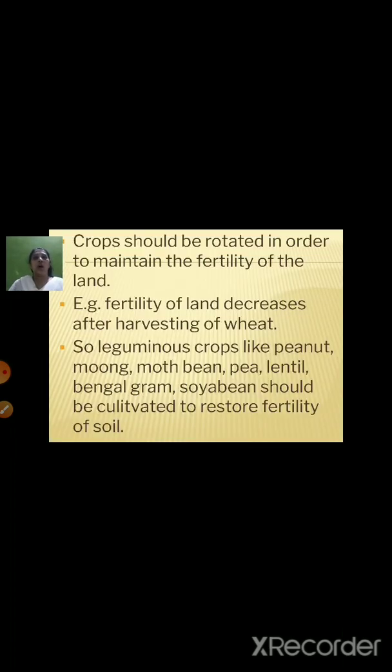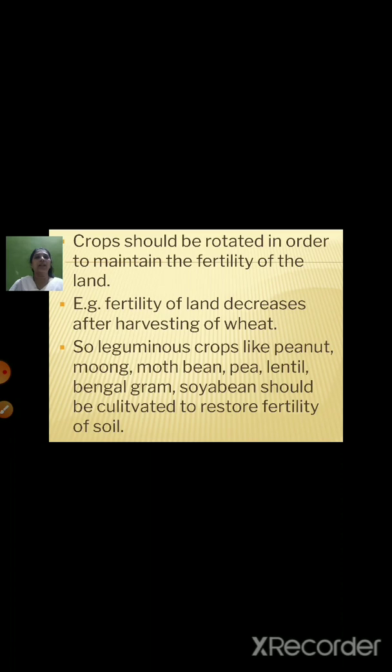So if you want to increase your soil fertility, what should you do? The crops should be rotated in order to maintain the fertility of the land. So if you want your land to be fertile, the crops should be rotated. For example, the fertility of the land decreases after harvesting of wheat. So as I told you,